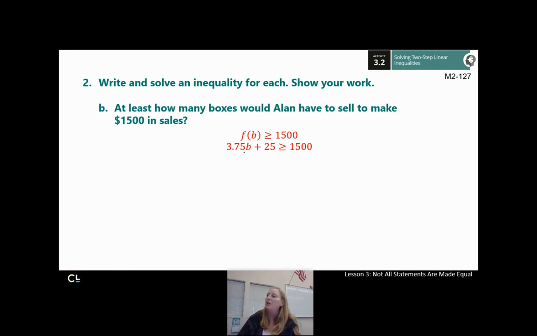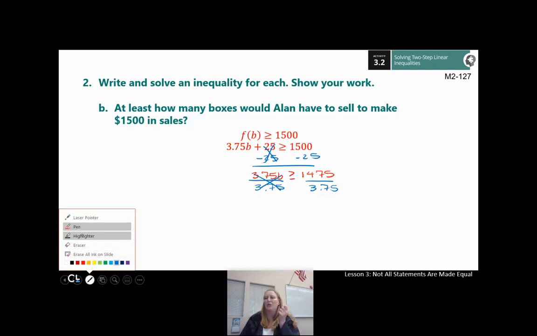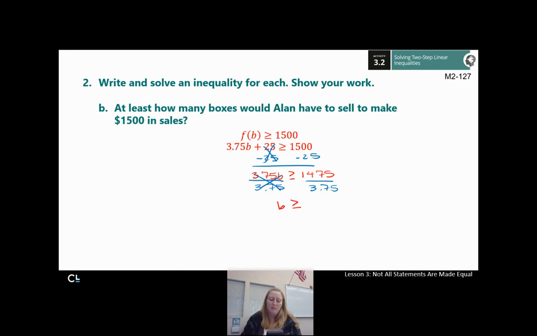And again, I'm going to go ahead and subtract 25 from both sides. So they cancel out. And again, I now have 3.75b is greater than or equal to 1,475. Once again, we must divide. Do you feel like you're doing a lot of the same thing over and over again? It's because you kind of are. So we'll divide both sides by 3.75. And again, I'm going to grab a calculator because I am not doing that in my head. So I get b must be greater than or equal to